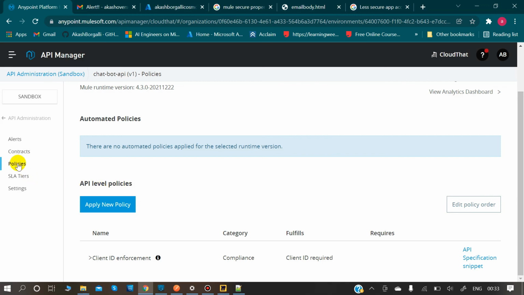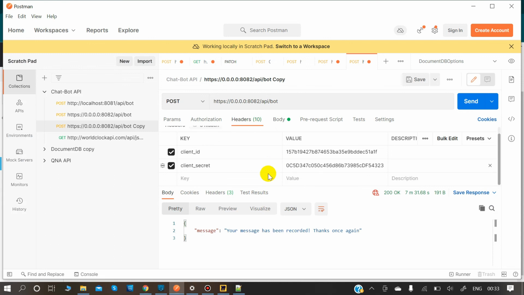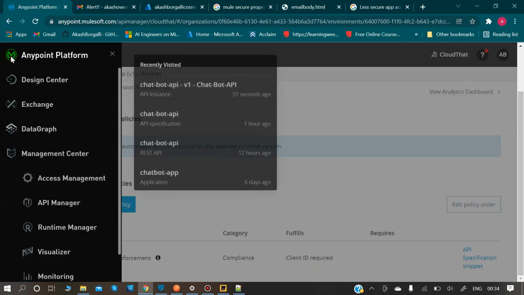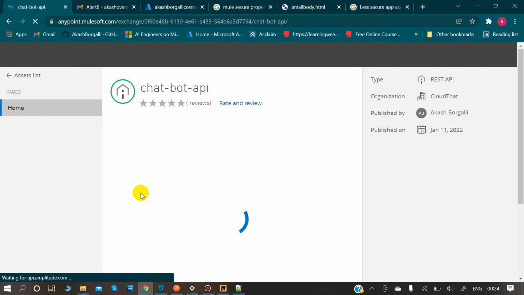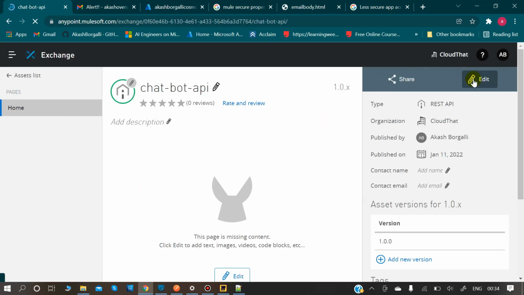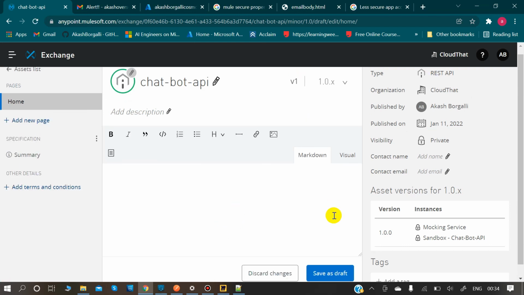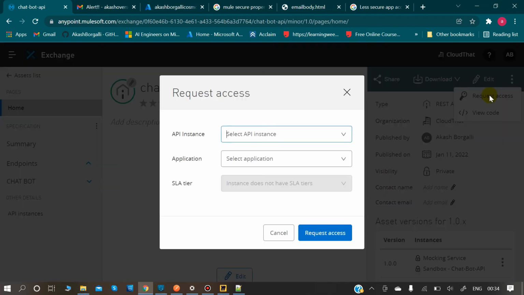So to get that client ID and client secret that we are using here in headers, you need to go to Exchange, click here, edit. No, not edit. Discard changes. Request access.